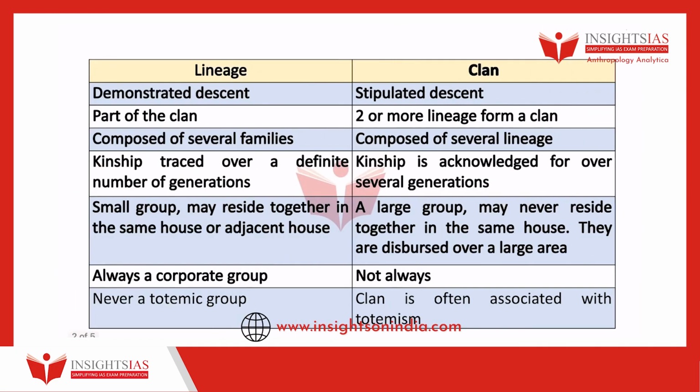So over here in the next slide, you can see the difference between lineage and clan. This is how you are supposed to write the difference. Lineage is based on demonstrated descent, whereas clan is based on stipulated descent. So then you will write, as per Madan and Majumdar,